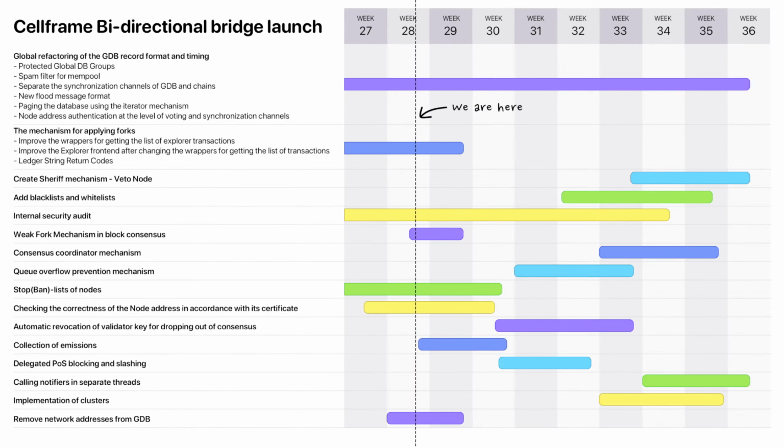Okay, moving on, the next topic is the development of CellFrame ecosystem projects after the mainnet launch. First of all, let's discuss the immediate plans of the KelVPN team. KelVPN, of course, is our decentralized VPN service. On July 17, on Monday, the KelVPN mainnet will be launched. We congratulate the team and will continue to inform you about KelVPN's development.